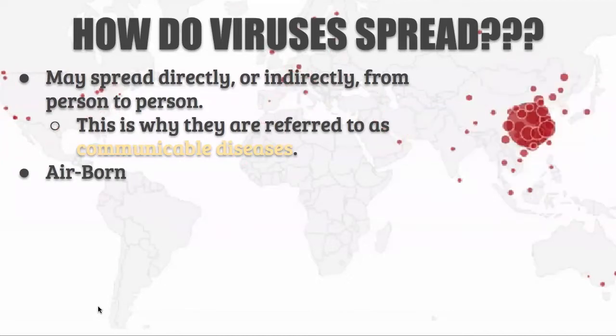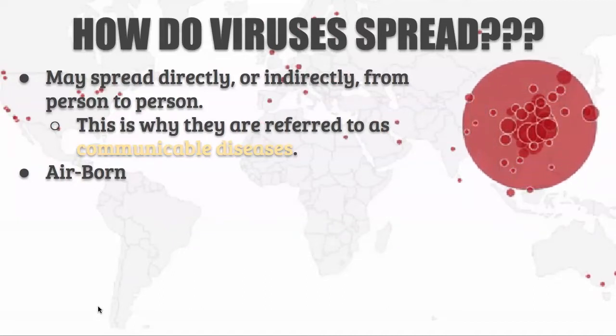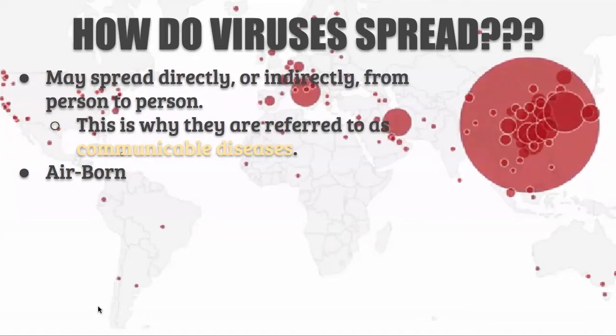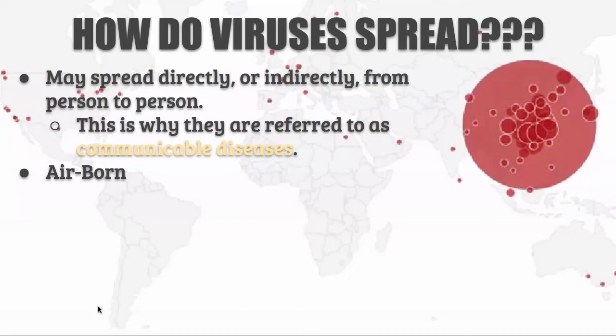COVID-19, because it's a respiratory infection, is generally in the lungs. So when you breathe out, you're breathing out a lot of those particles. That's why it's so important that you wear masks right now. It is not only so you don't get it when you breathe in, but also so when you breathe out, you're not giving it to other people. So it can be airborne.